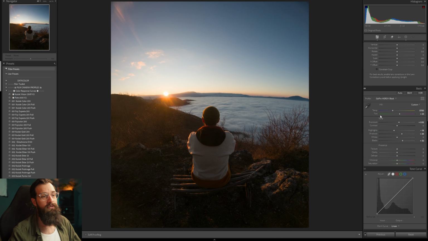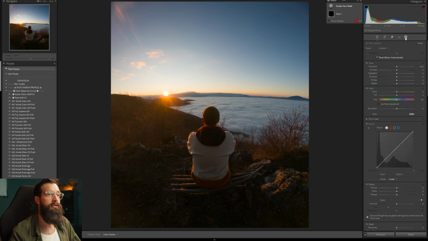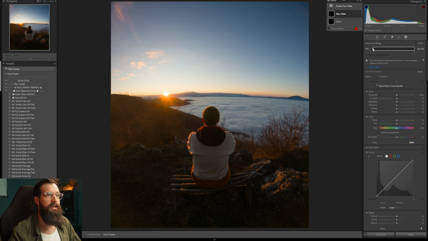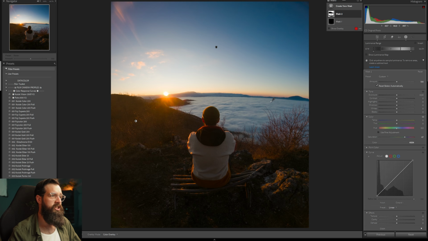But since the study found out that we remember stuff as being way more saturated than they actually are, I'm gonna push a bit of saturation, probably up to 20 or something across the entire photo. And then I'm going to go to masking, create a new mask, luminance range mask, and I'm going to add a lot more saturation in my midtones to mimic the way film actually saturates,